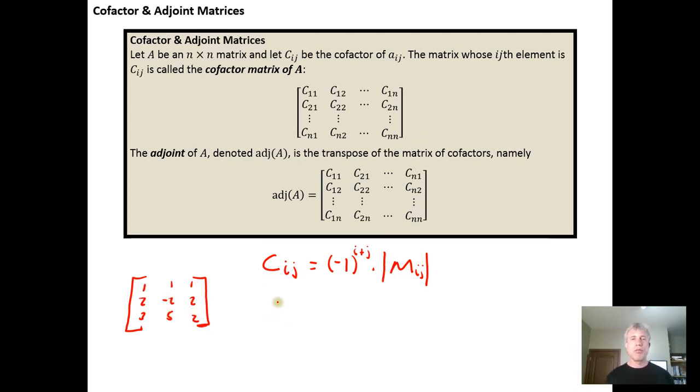If we wanted the cofactor for row 2, column 3, so C sub 2,3, then we would simply take -1 and raise it to the 2 plus 3 power, so the 5th power, and then multiply it by the determinant of the minor matrix for row 2, column 3. The minor matrix we get by striking out row 2 and column 3 and constructing the matrix from the remaining entries. So we have 1, 3, 1, 5, and then we would just work this